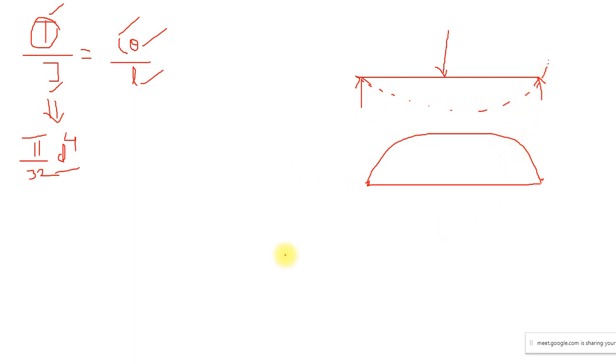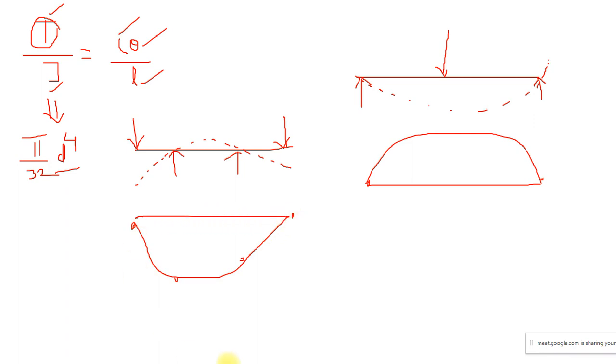Now come back to this particular problem. You can see the support is over here, and the load is applied at the end. So now the beam tends to bend like this, which is nothing but a negative direction. The bending moment will be 0 here and 0 here, and I have a bending moment value in a negative direction like this. So my bending moment diagram will be like this. This is just a recall from your strength of materials. As I told earlier, this topic requires strength of materials as a prerequisite.